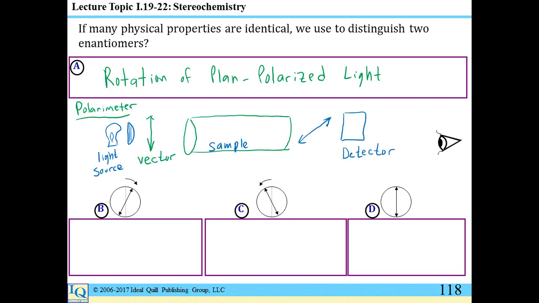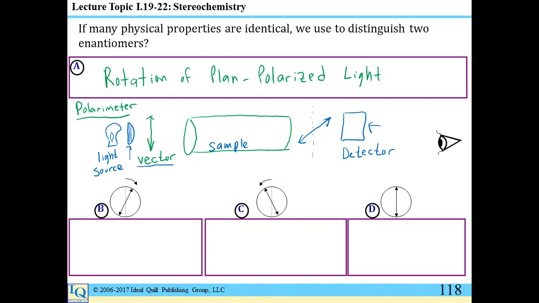Light is passed through a grating to create plane polarized light. Plane polarized light has a certain vector direction. A chiral compound in a sample will cause a rotation of that vector from its original orientation to a different orientation, and we can detect that orientation with a detector. Two enantiomers can be distinguished from one another because they rotate the plane polarized light by an equal amount but